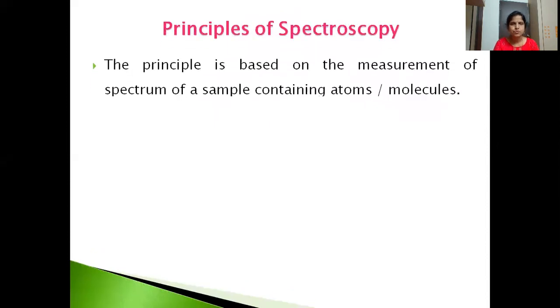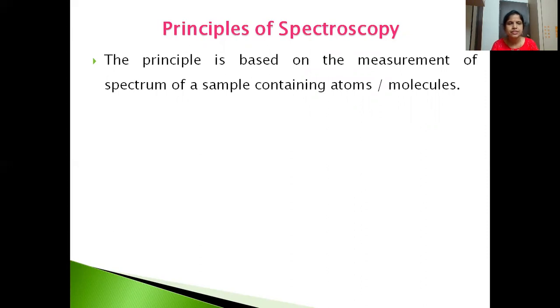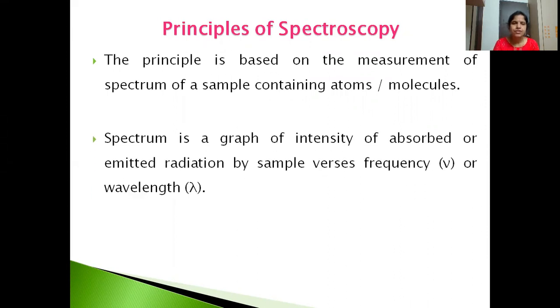Then what are the principles of spectroscopy? If we are studying the interaction of electromagnetic radiation with molecules, we call it molecular spectroscopy. If we are considering the study of EMR with atoms, we call it atomic spectroscopy. And in this case, after the EMR is absorbed, some of the radiation will be